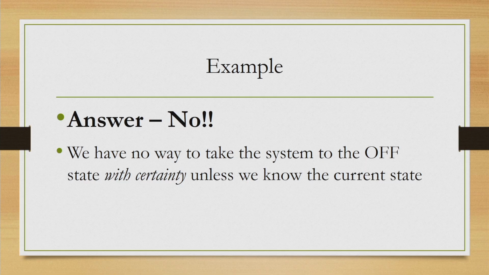So, unless we know the current state, we cannot know which state it will take us to with certainty. That is a problem. Unless we know that we are in the off state, we cannot change the bulb. Now, if the bulb gets damaged, we do not know whether we are actually in the on state or off state, because the bulb is not getting switched on. So, we may be pushing the button properly, but since the bulb is damaged, the system is never going to the on state, and unless we replace the bulb, we cannot bring the system back into its regular behavior, and so the entire system will collapse.